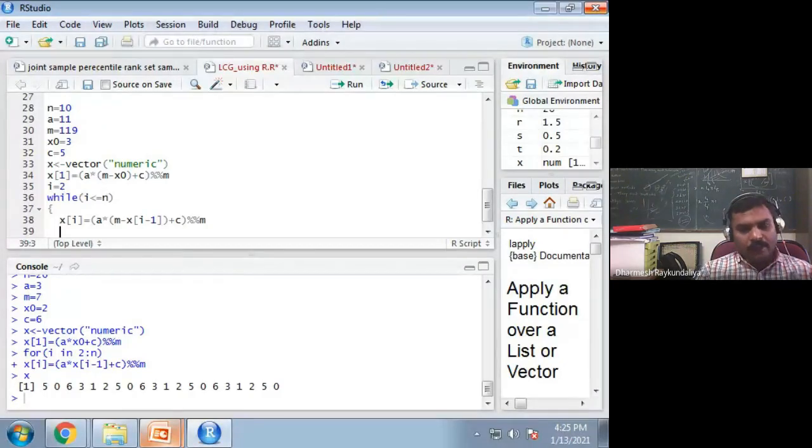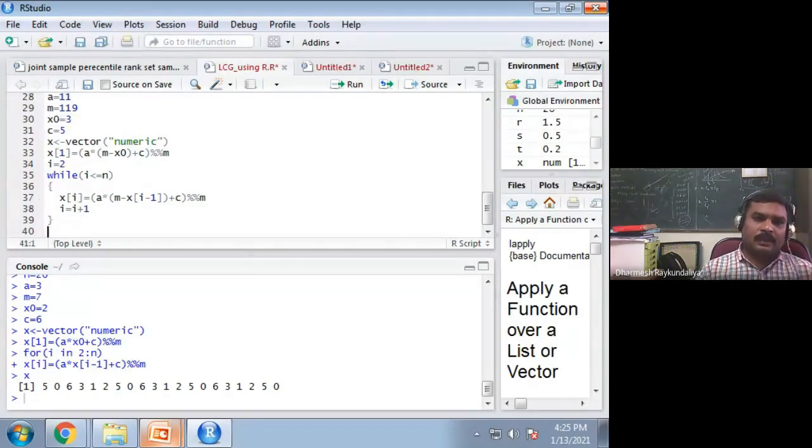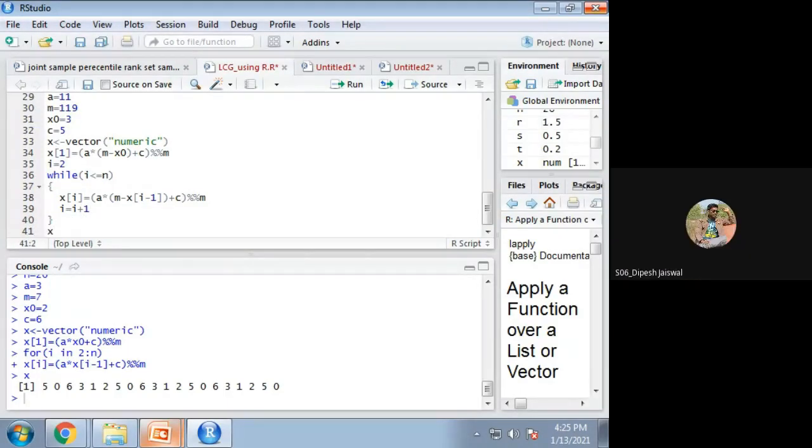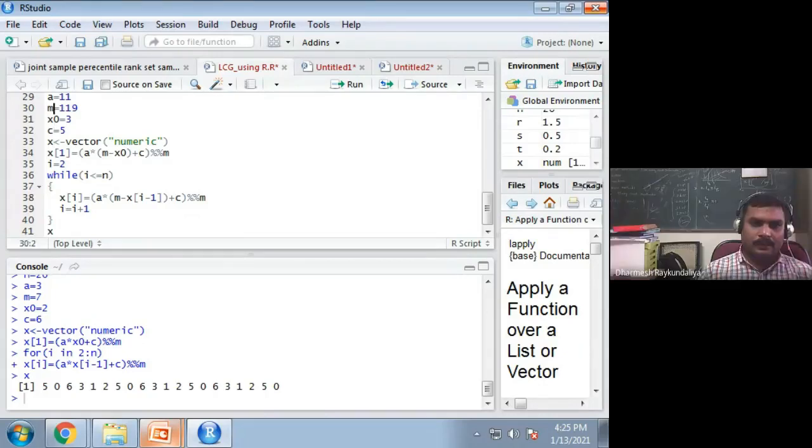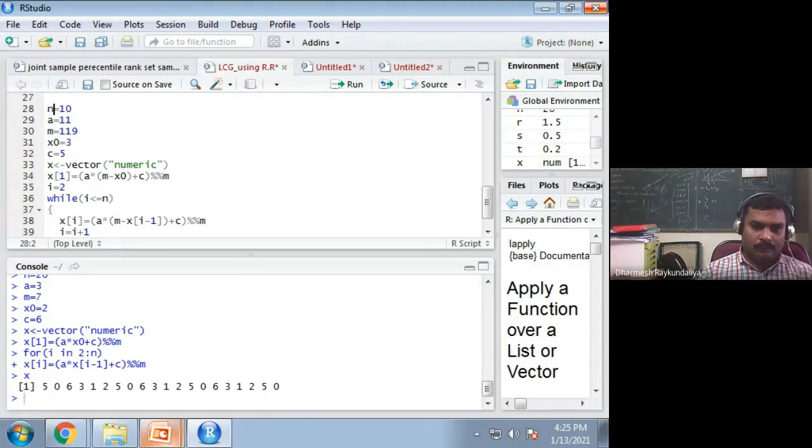Now it has calculated x of I, so now I give the increment I equal to I plus 1. And then print x. Let us see, we will run.